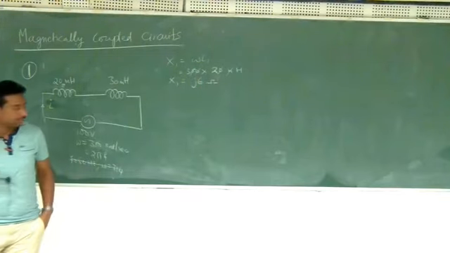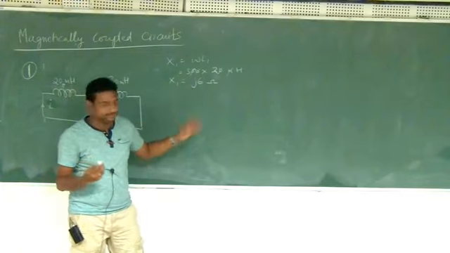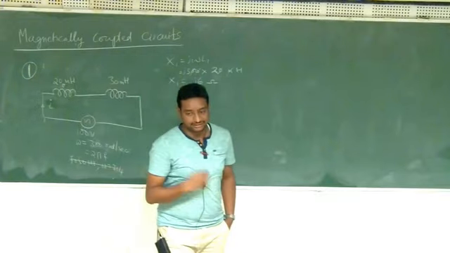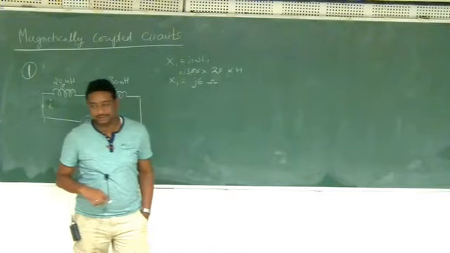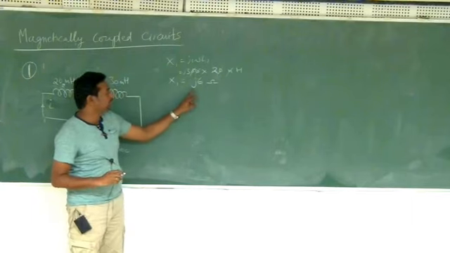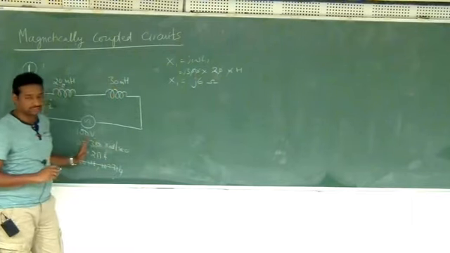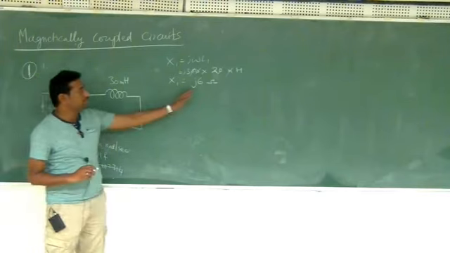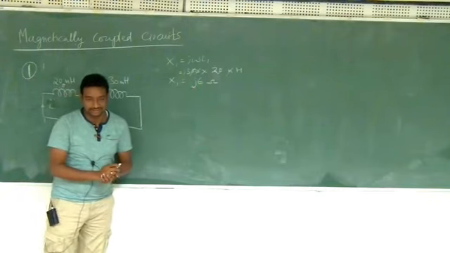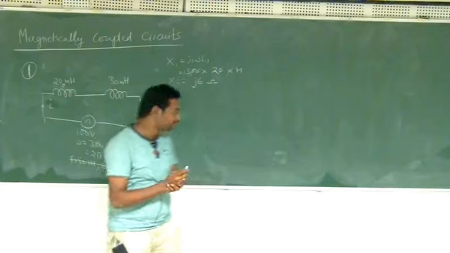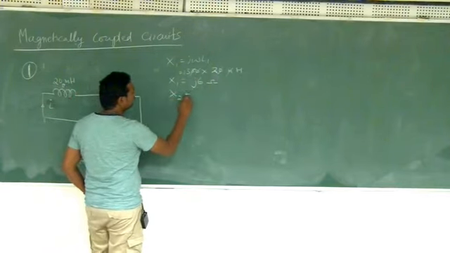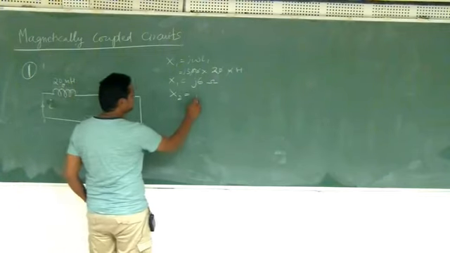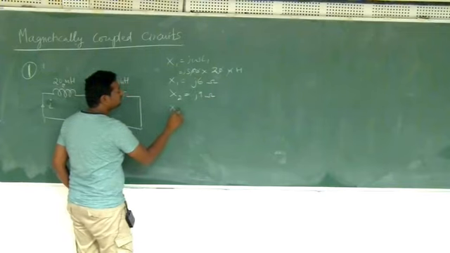So why did I put j? That you already know. Strictly speaking this is j into omega into L. So j is a phasor operator. We are putting j just to signify that when the voltage is 100 volts, completely real, and you multiply with this one, the voltage drop will be 90 degrees lagging. So the j signifies 90 degrees. X2, I'll write it. So 30 milli into 300, 9 ohms. So j9. So what is X total?